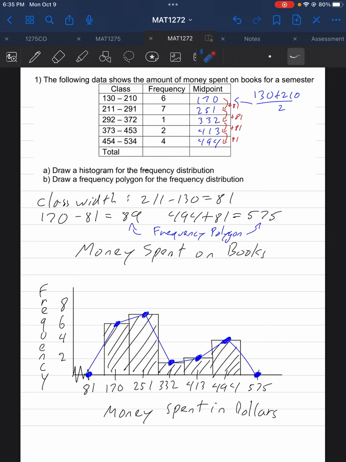The polygon will go right on top of that histogram. Right, in this case, the polygon, you can put dots at the middle of each bar. Put 2 more dots on the bottom for the first midpoint and the bottom for the last midpoint, and then connect these dots. And there is your